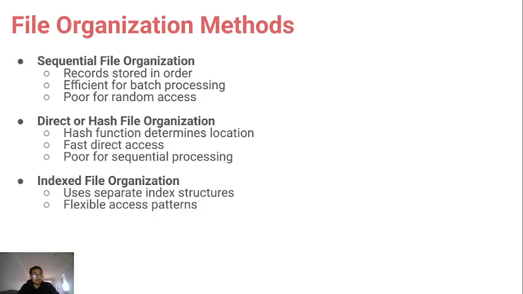Okay, and the next one is indexed file organization. The file has one or more indexes, which are distinct structures that contain key values and references to related entries. Indexes provide for quick searching while yet allowing records to be accessed in any order. It functions similarly to a book index, allowing you to rapidly find topics without having to read every page.